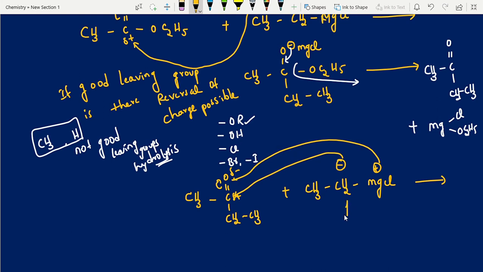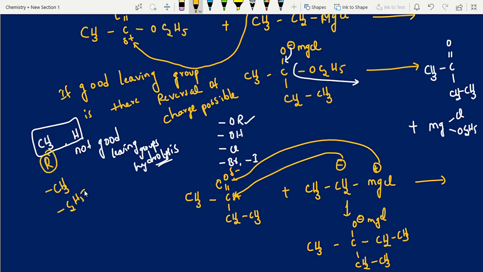So then what is the output here? CH3CO minus MgCl, CH2CH3, and CH2CH3. Now look into this. Further step, we have to take hydrolysis or else reversal of charge. Check it. Reversal of charge possible? No, because all are alkyl groups. CH3 is nothing but generally an alkyl group, students. It may be CH3, it may be C2H5, alkyl groups. Alkyl groups and hydrogen are not good leaving groups, right? So then you can go for hydrolysis. That's it. That is your answer.